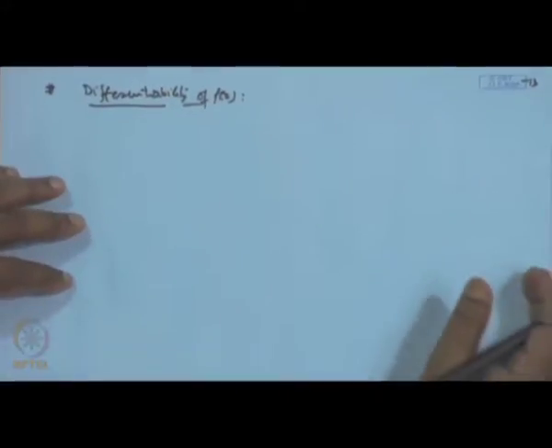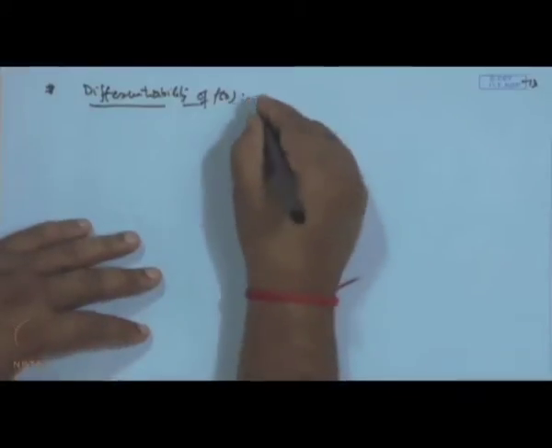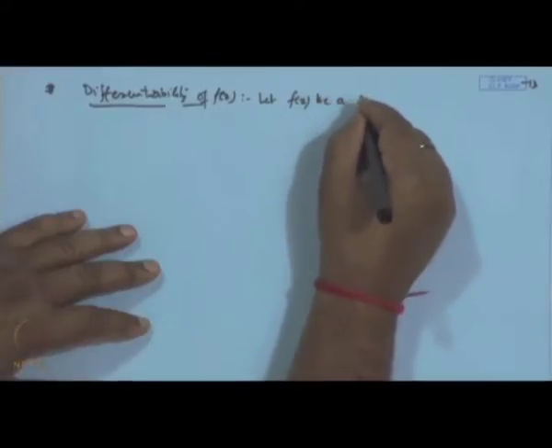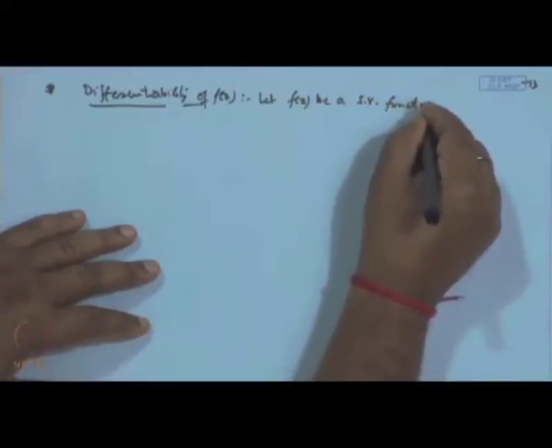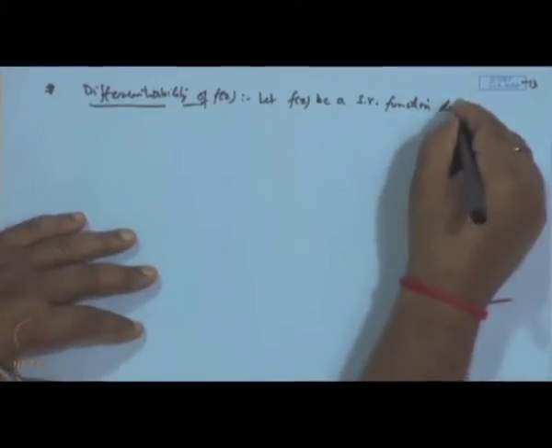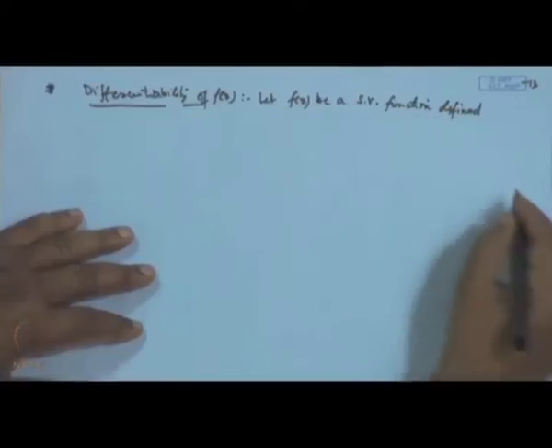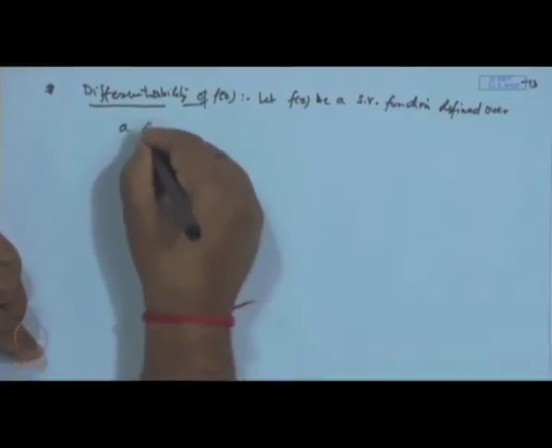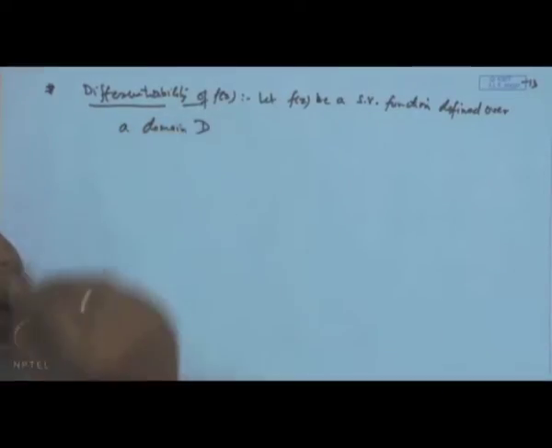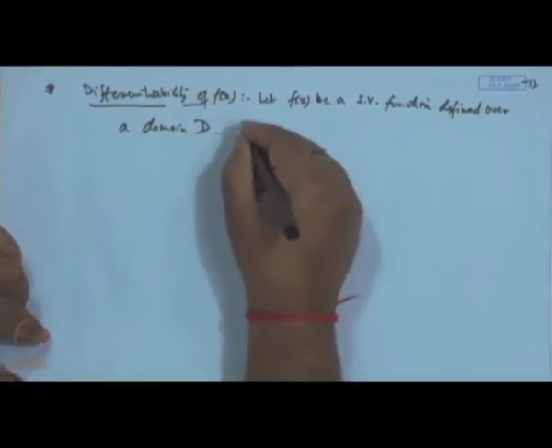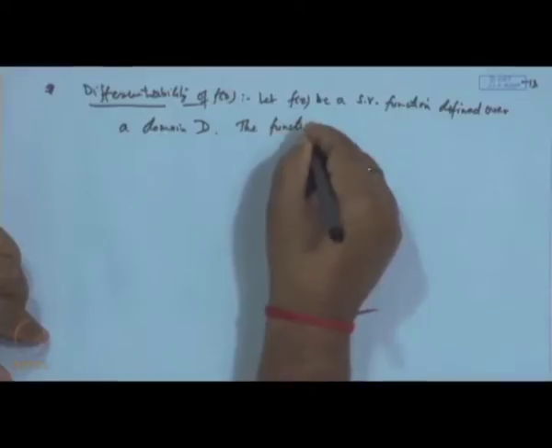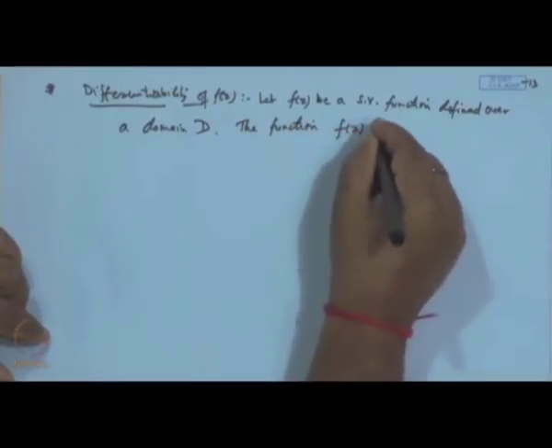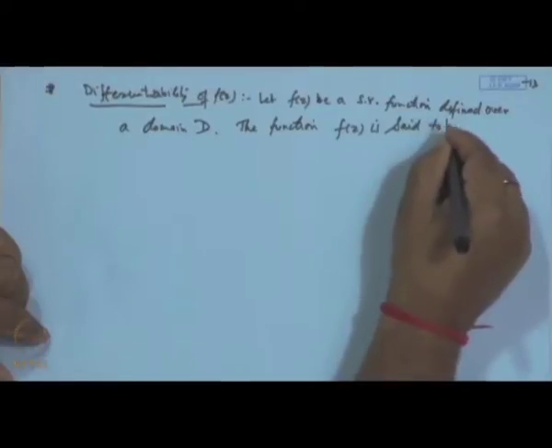Let f z be a single valued function. Now, we will always look at single valued functions. Let f z be a single valued function defined over a domain D. The function f z is said to be differentiable at a point